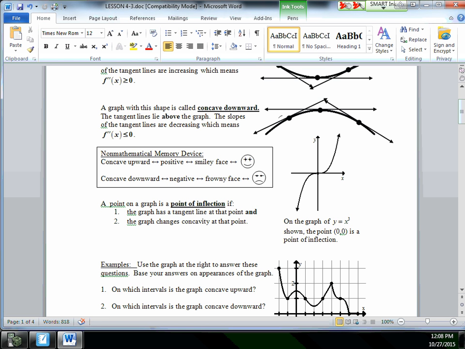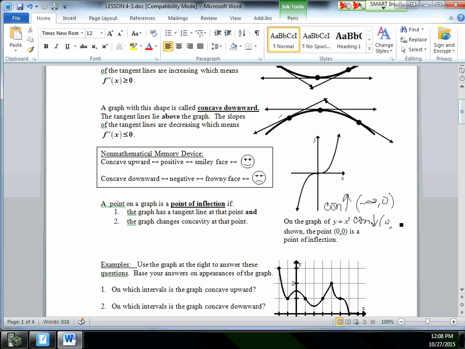So if we look at the cubic function right here, we want to look at where it is positive and where it is negative. If I look right here, this piece of the graph is frowning. This piece is smiling. So here is concave down, there is concave up. So this is how I write it: concave up from negative infinity to 0, and